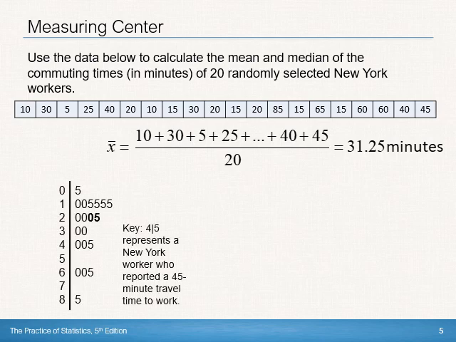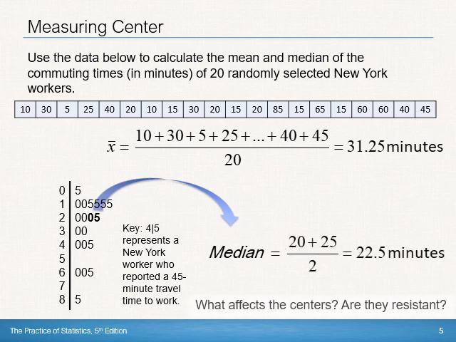We also took that data and put it in the form of a stem plot. Stem plots are always in order. The data is in order, so we can simply count up. And so there's 20 data values, and we're looking for the median. There's not a middle value. There's two middle values, and that is the 0 and the 5, which represents the 20 and 25. So 20 and 25 are the two middlemost values, and so we simply add those up, divided by 2. So the mean of these two middle values, 22.5, is the median,